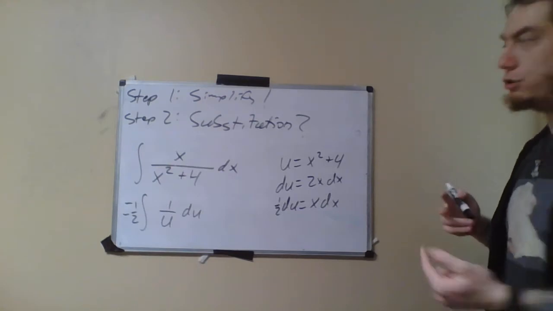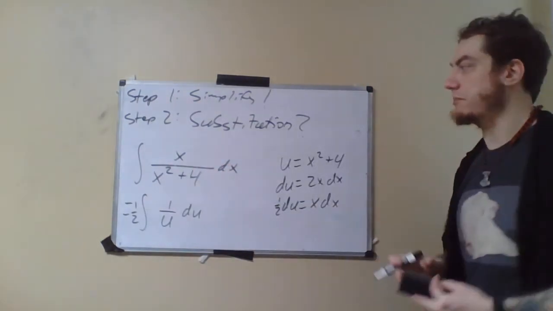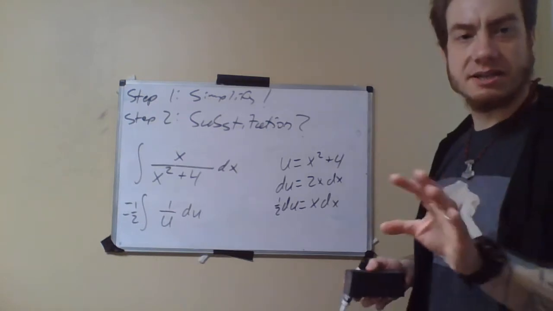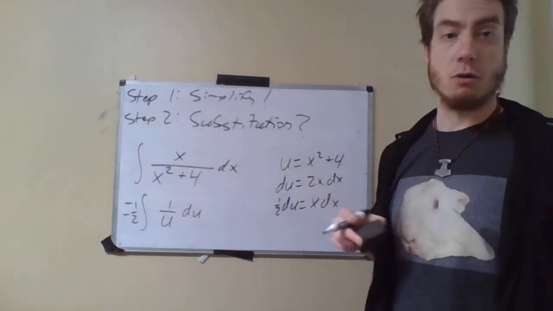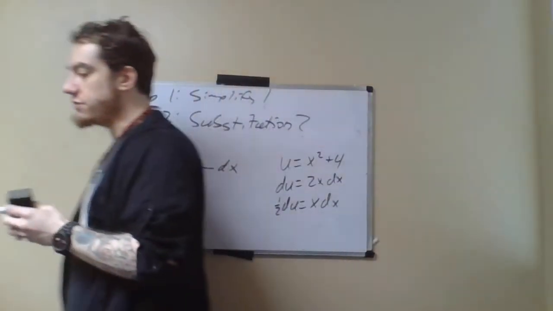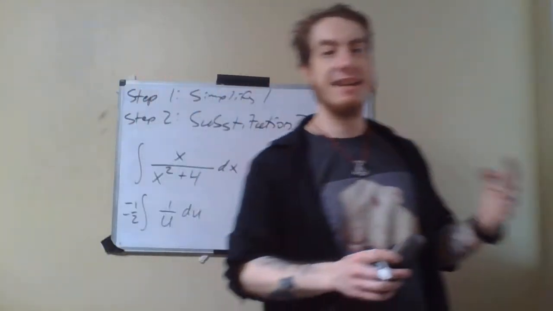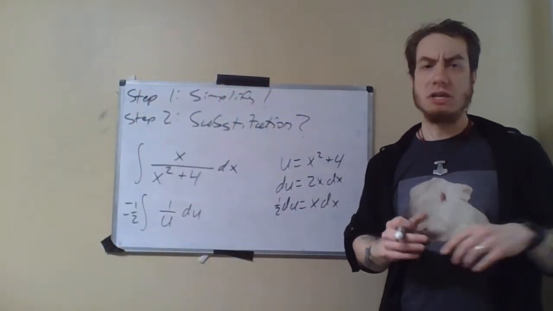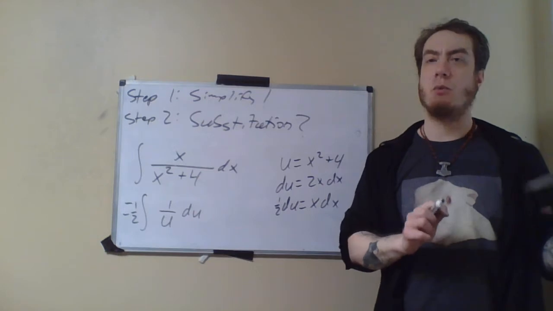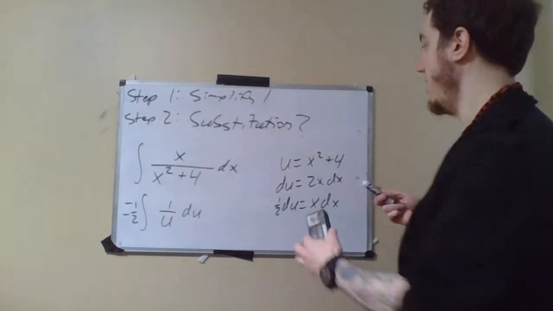Now, of course, what would you do if you didn't have this x? Because if that x weren't there, you wouldn't be able to do this substitution. And by the way, I realize that in today's lecture, we're going to feel like we're going a little bit all over the place, but that's simply because I'm trying to show you some different examples where we have to appeal to different techniques that we've learned. So we're not really looking at one specific technique. We're looking at how do you look at something and recognize what to do with it. Well,